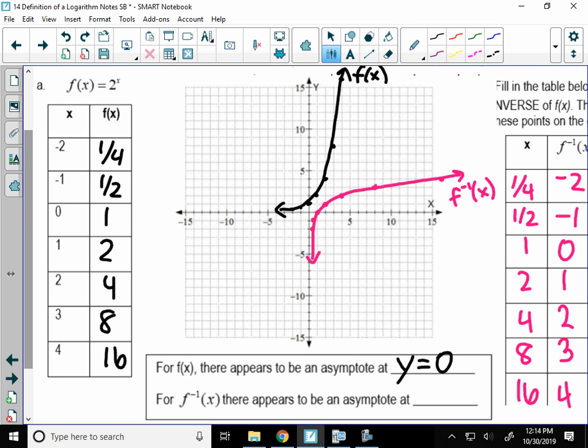Now, as you're looking at that graph, does that graph have an asymptote? Where is it? At x equals 0. Well, that's a good thing because remember we said when we have an inverse, all the x and y things switch. So the asymptotes switch the x and the y. Does that graph look like any parent function you know? Kind of like square root a little bit, but what was the other graph that looked kind of like square root, but a little bit different? Log of x. Logarithm. That's what this is.